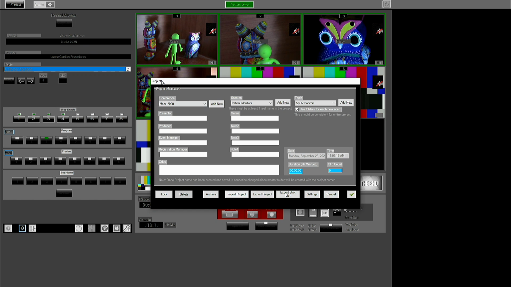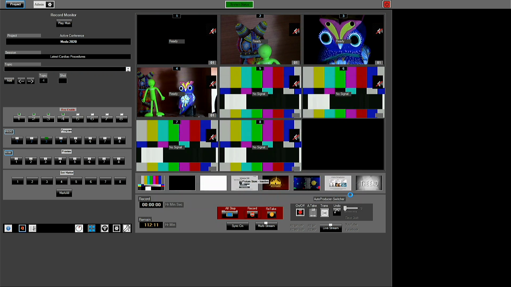So let's go ahead. That would be how we would create a new project. If we wanted to add new here, we could put in, let's say there was going to be a different Medics for 2021. We could put that name and fill out the fields, and then we've got that. So right now this project information screen is a way we can manage our projects for our application, and in later tutorials we'll come back and show you some of the features we can do once we have the project on. So I'm just going to go ahead and save that,